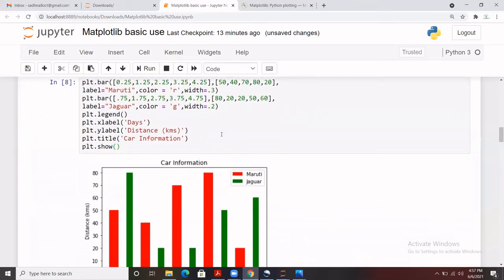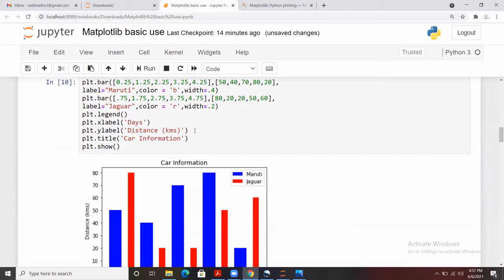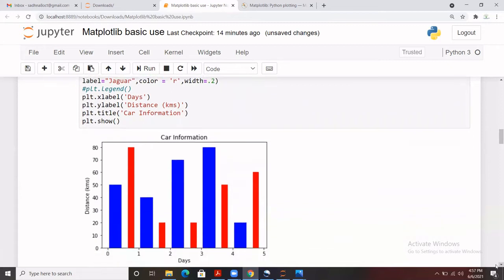If we make certain changes here, for example for red, let's say we do blue, so we put B, and you see that this is blue and green. And for width, let's say you make more changes to this, let's say you do 4, so you see that differences will be there as well. Let's give it a name red, and here it goes. And legend is this part. For example, you just comment it and run it, you see there is no legend, I mean the information about this. And if you uncomment it, you see that it is visible.